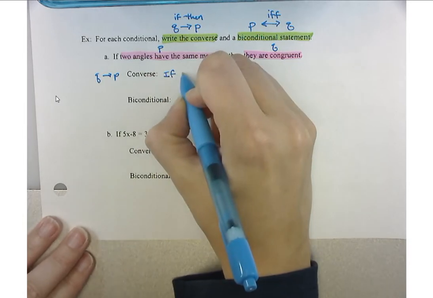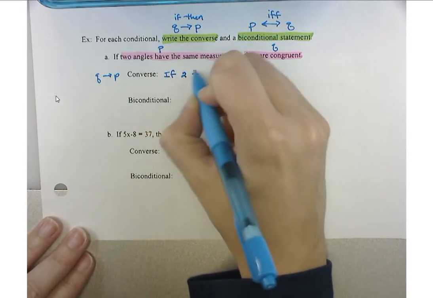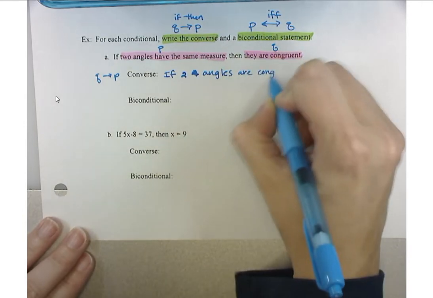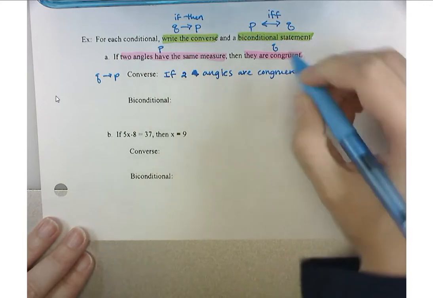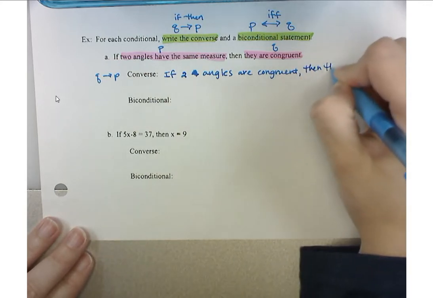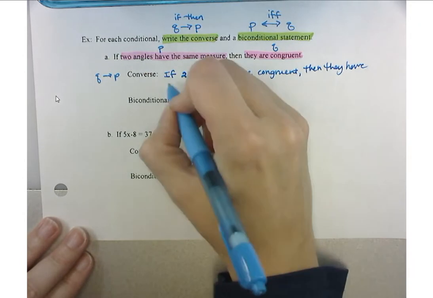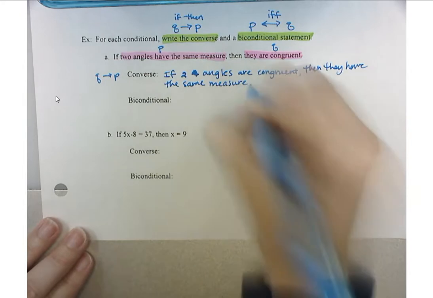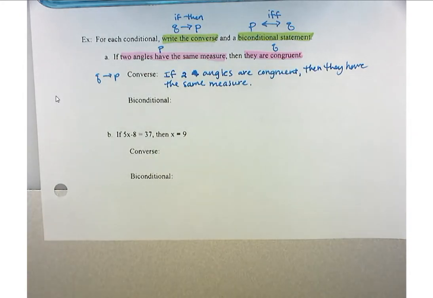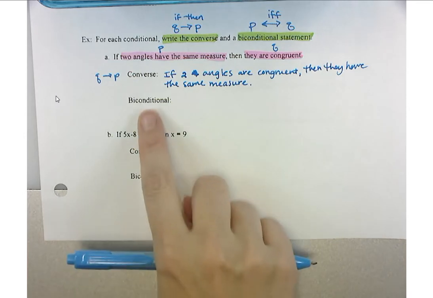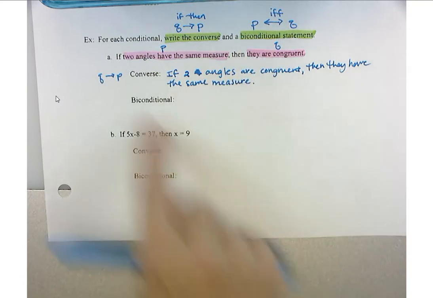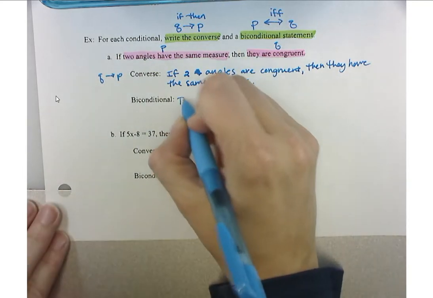Okay, so it is: if two angles are congruent, then they have the same measure. All right, and then we're going to do the biconditional. For the biconditional, you do not start with an if or then. You're going to start directly with P. So my P statement is two angles